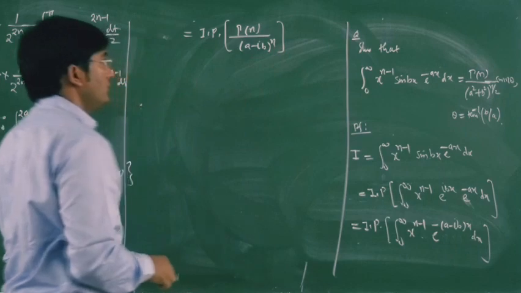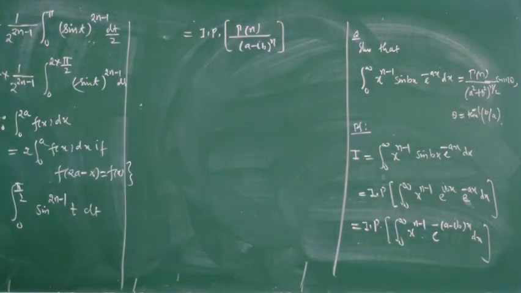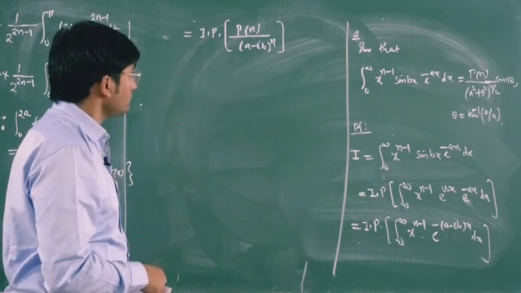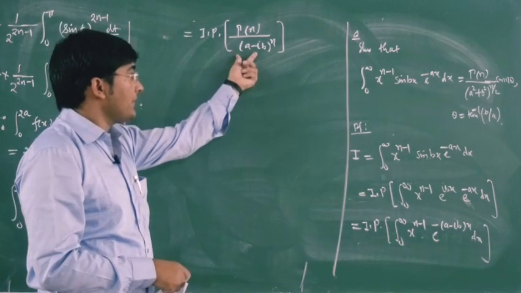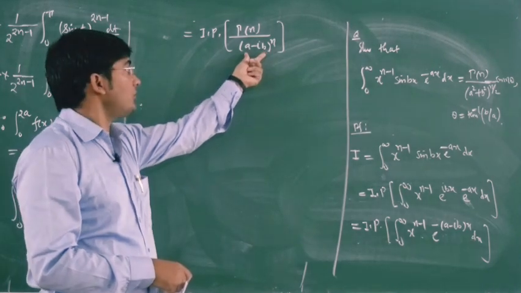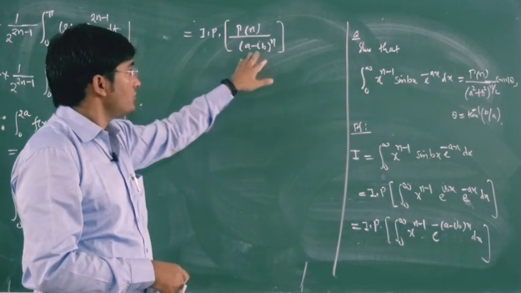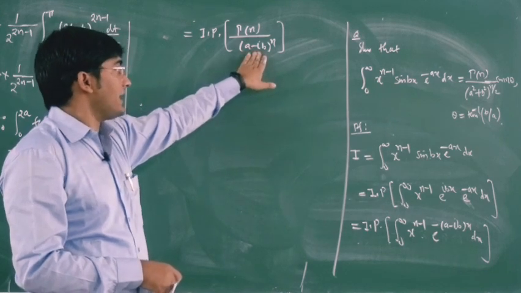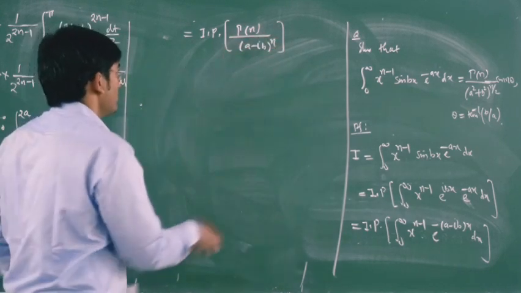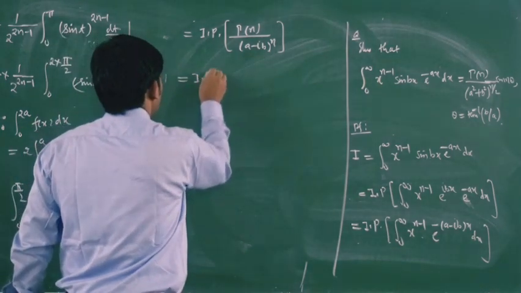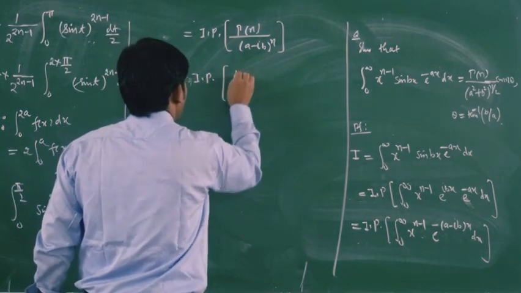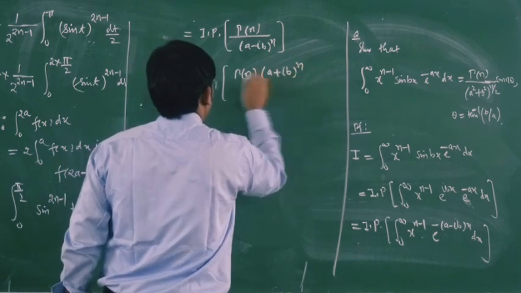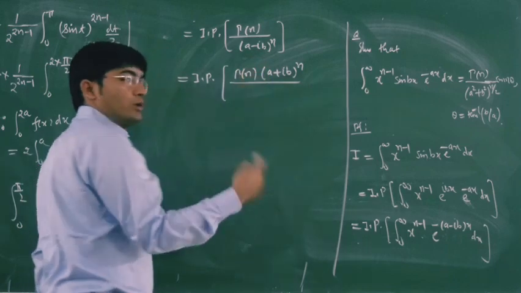So this is the right hand side, this imaginary part. Now again, let us multiply by the conjugate of this term. So that means we will multiply by a plus ib power n in the numerator and denominator. So we will get this one as equal to gamma n, then a plus ib whole power n, and here we will have a plus ib into a minus ib.